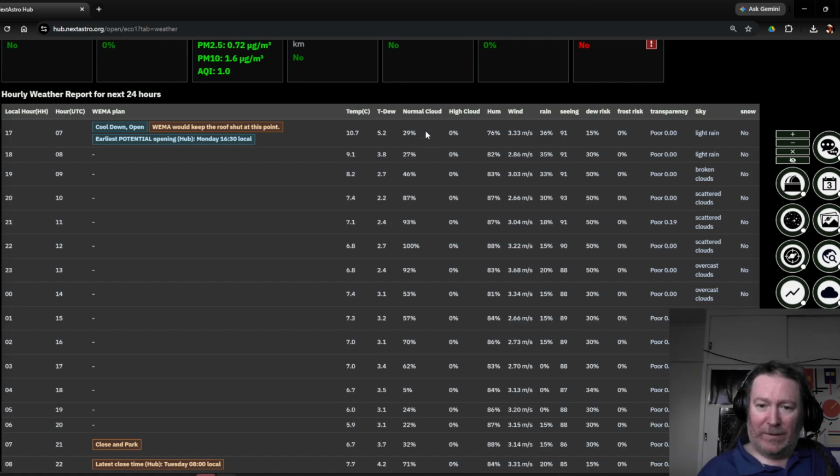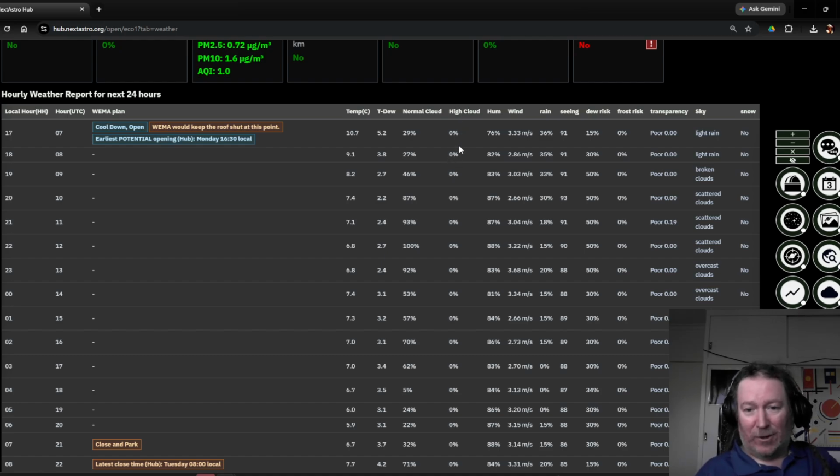So you can have 0% normal cloud. I call normal as low to medium level cloud, thick kind of impenetrable low cloud. But high cloud is teasing you. You can have 100% high cloud, and I can walk out the back here where I am in Melbourne and look up and see the Southern Cross with 100% high cloud. But you point a telescope at it, and anything dimmer than the bright stars in the Southern Cross, you've basically wiped out, and you can't see anything. So this is